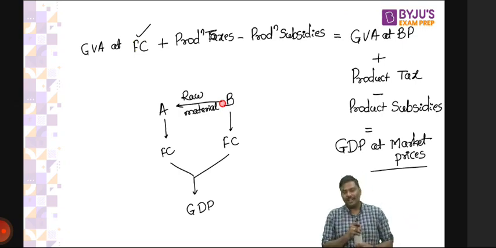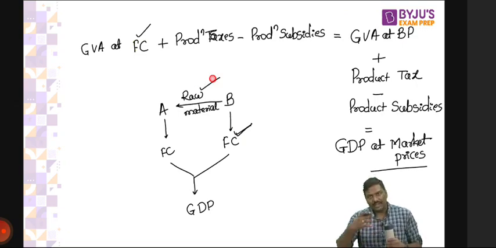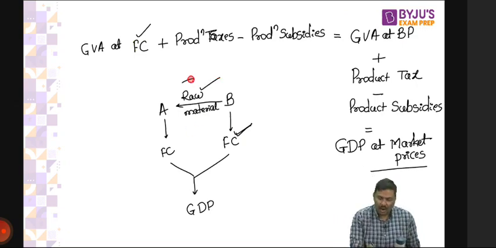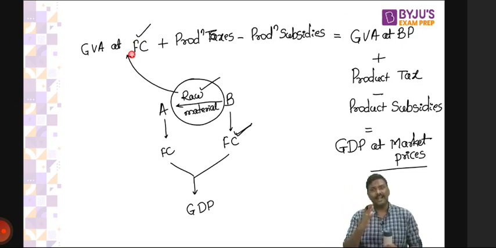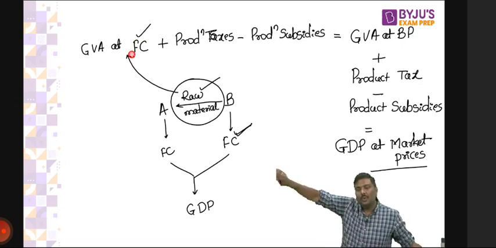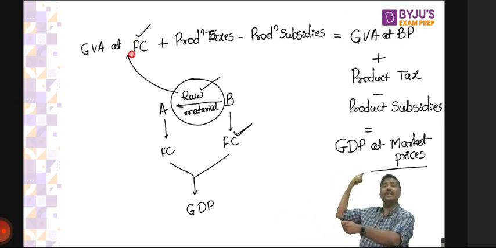Of course, yes. Because my factor cost is also considered, your factor cost is also considered, and your factor cost already involves the cost of raw material. So are we not counting the raw material twice here? That's the reason to account for double counting. What we do is we simply use gross value addition. Right? Because value addition will basically remove the cost of raw materials. Whatever input you have purchased for which you have paid money, that will not be counted twice in the system. That is the whole idea of gross value addition.